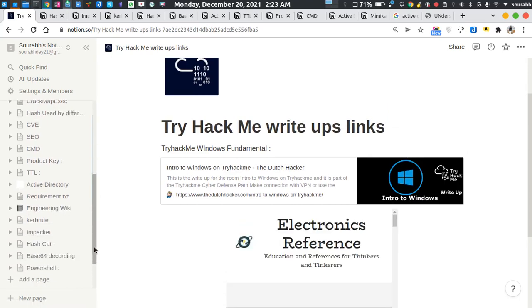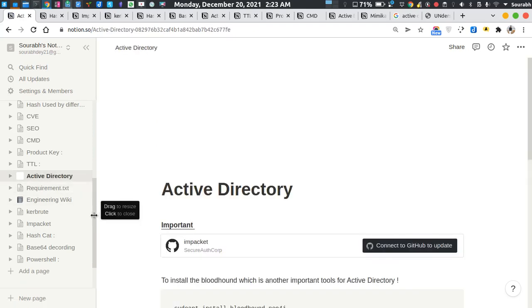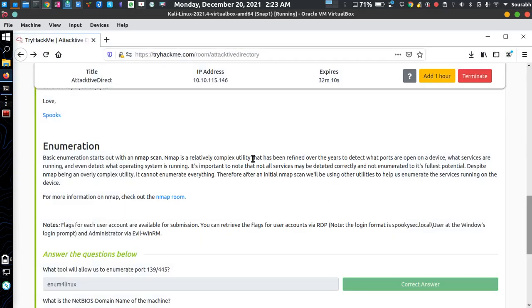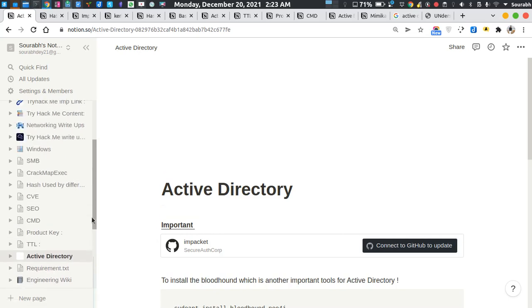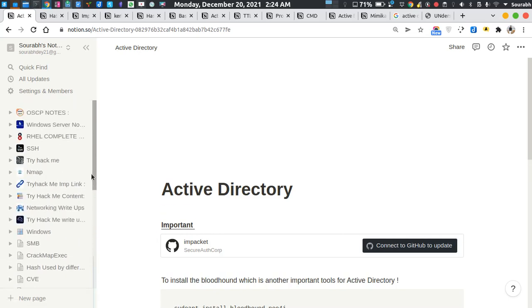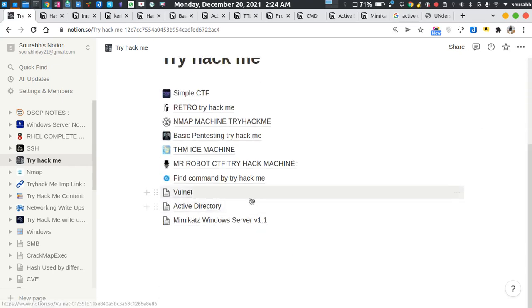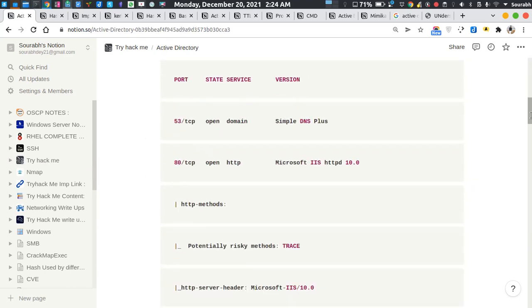Let me just check Active Directory. No, doesn't matter, it should be here. Just a minute, I'm going to see. By the time I find it, the result should come. Okay, so yeah, TryHackMe. And the Active Directory, yeah, it is located under here.